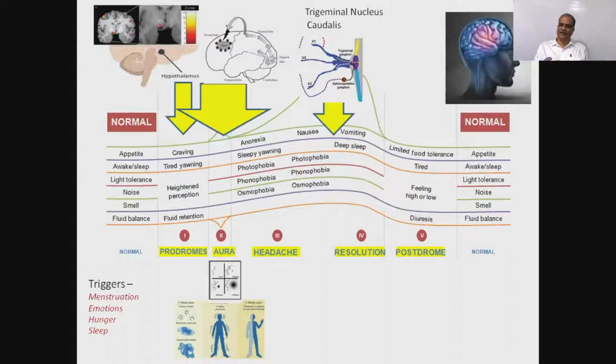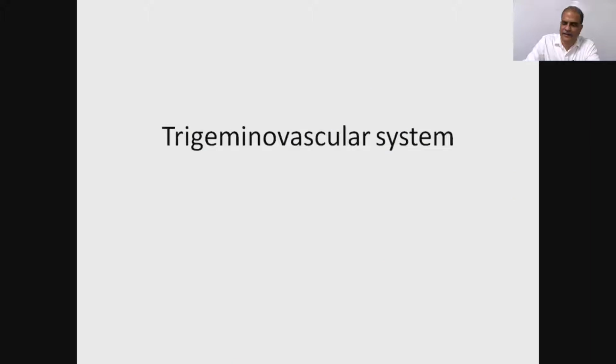They can have mild light intolerance, mild noise intolerance. They can have some problems in sleep-wake cycles, etc. So this is in a nutshell the pathophysiology of migraine. So now we look more closely at the trigeminal system in this whole